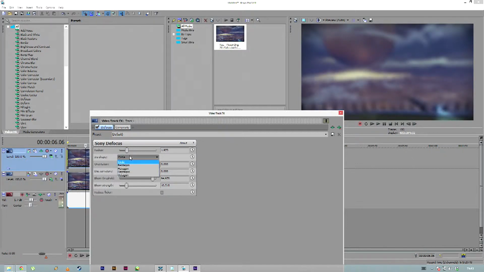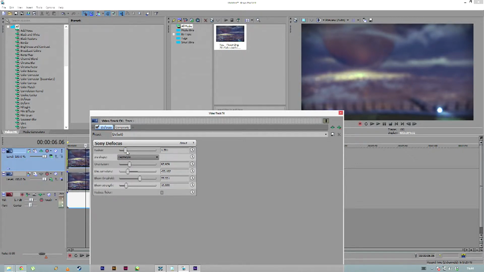So let's have a look. I'm going to use heptagon for the bokeh because I like the shape of it, which is things like this and these in the background here that you can see. You won't actually see these in the final version, which is a shame because I quite like them. But yep, just play around with the bloom, which will add bokeh to your video. The orientation will turn the bokeh. I'm not sure why that's important, why it's a feature that is desperately needed, but I'm going to go for